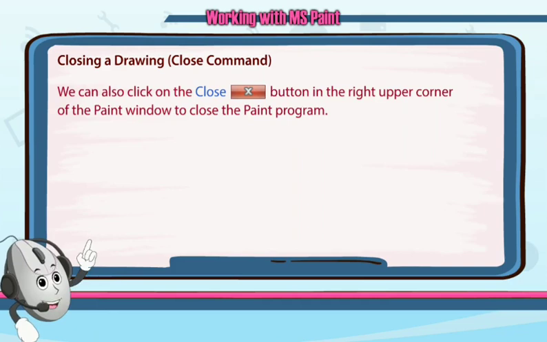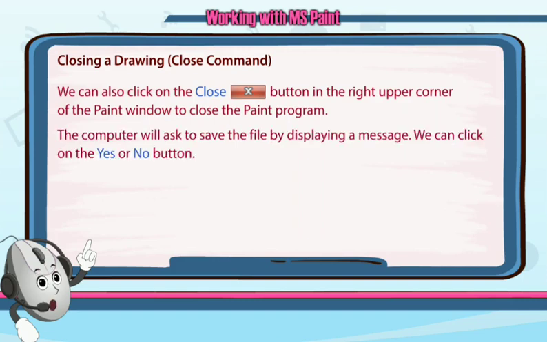We can also click on the cross button that is in the right upper corner of the Paint window to close a Paint program. There are two ways. We have to go to the File tab and Exit option, or we can click on this cross option.